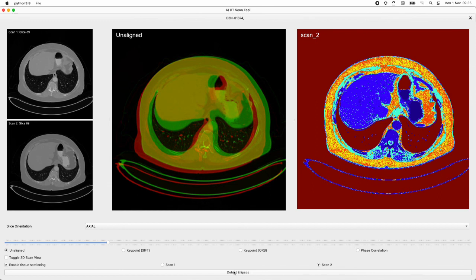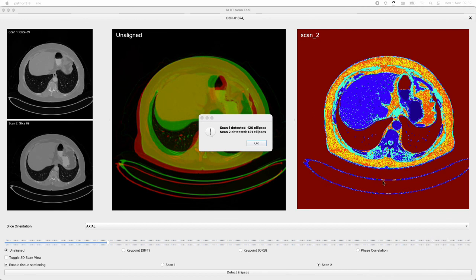Finally, you can detect ellipses. This is the basic lesion detection mechanism which utilizes the segmentation data. In our example here, our segmentation may be a little noisy, so we may generate more ellipses than we'd expect. Here we can see 120 ellipses or lesions were detected roughly in each scan. Obviously too many in our example,